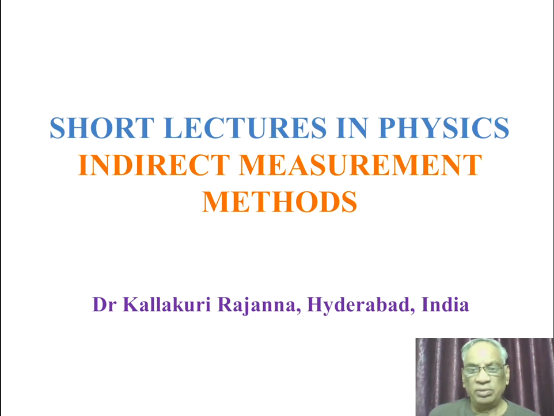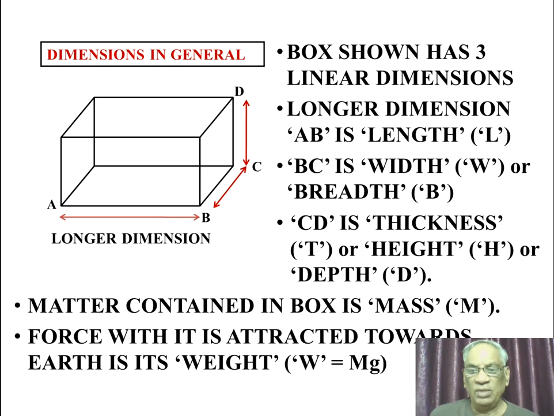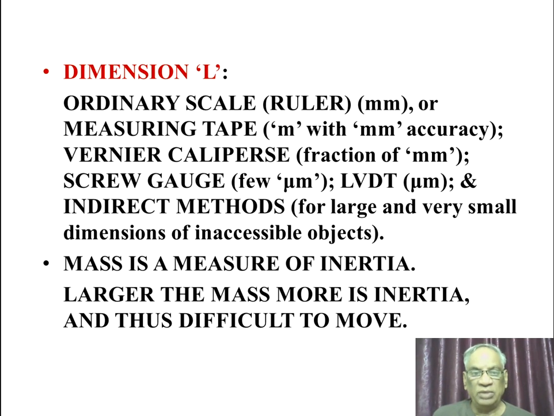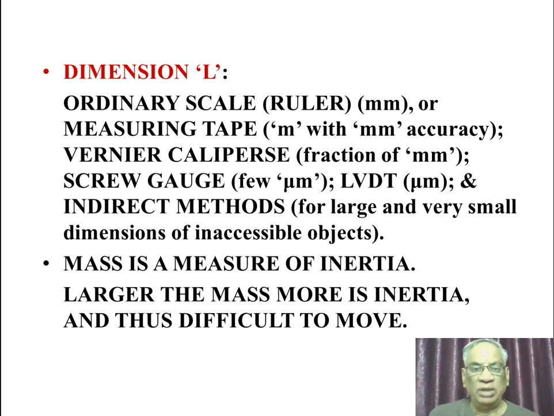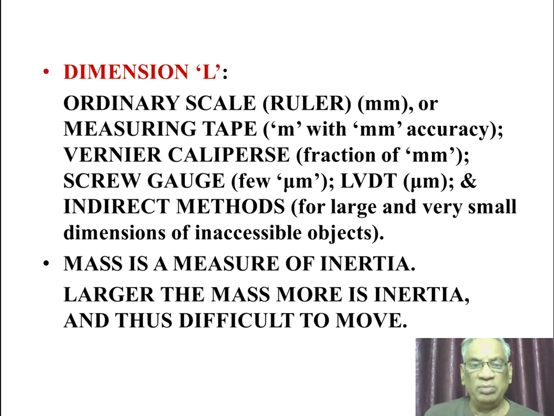In physics, we understand that there are three fundamental physical quantities that need to be measured: length, mass, and time. As far as length is concerned, it can be measured with an ordinary scale, that is a ruler we use at home, to an accuracy of millimeters, or a measuring tape of a few meters to an accuracy of millimeters. Both we use in the house, and in the labs we use